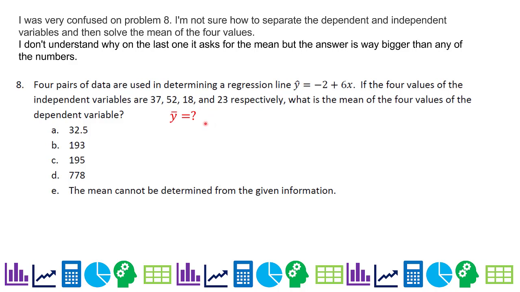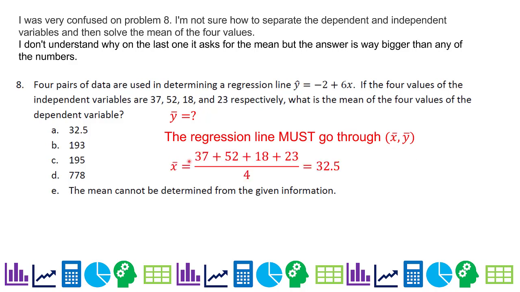So we want to know, what is the mean y? We can find the mean x, and the regression line must go through the point, the mean x and the mean y. So the mean x, I just add these up and divide by 4, 32.5. So you might be saying, oh, there's the answer. Actually, that's the mean x, and they're asking for the mean y, which, remember, x is the independent variables, y is the dependent variables. All right, so now I'm going to go get my regression line, and I'm going to substitute in the mean x, which means it needs to spit out the mean y,